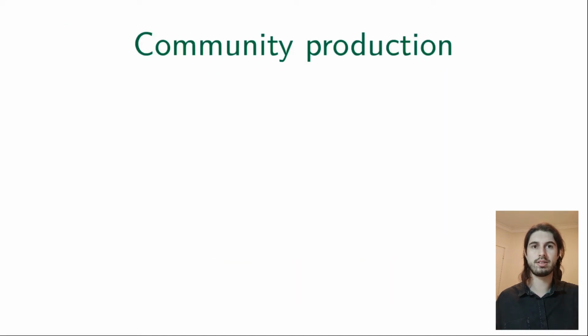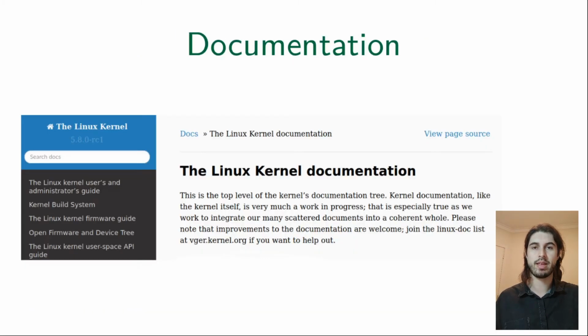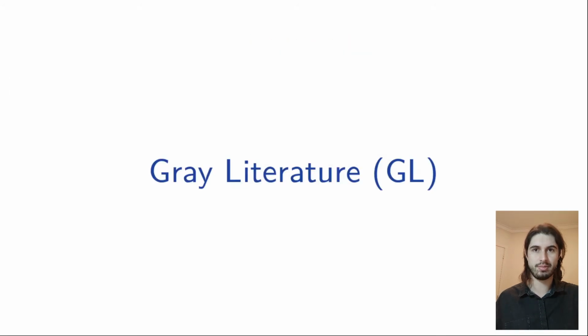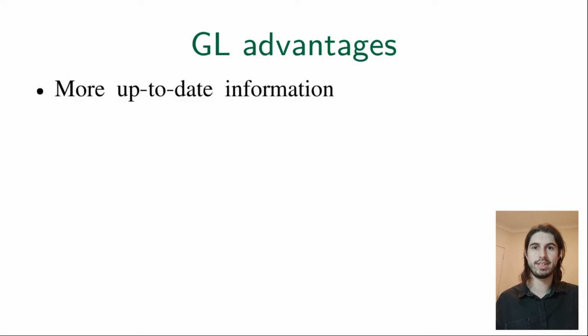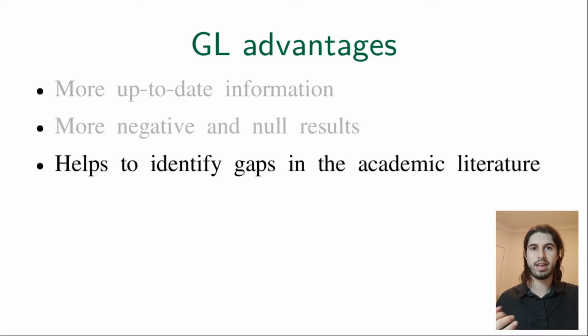Open source communities produce diverse artifacts: technical reports, white papers, documentation, magazines, and blog posts. This kind of information, not controlled by commercial publishers, is also known as grey literature, GL. GL has advantages of its own. It provides more up-to-date information, it exposes more openly negative and null results, and helps to identify gaps in the